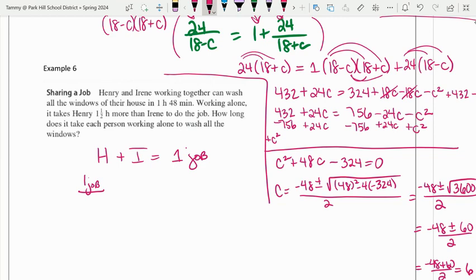So it would be Irene's time plus 1.5 hours. And they're working for how long? 1 hour and 48 minutes. I need to convert that minutes to hours, so